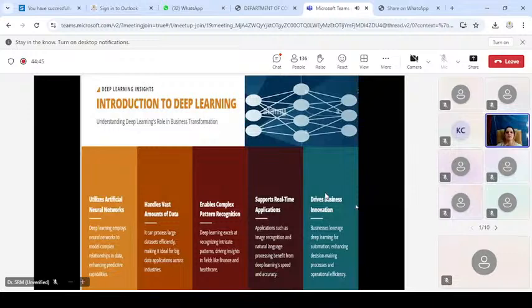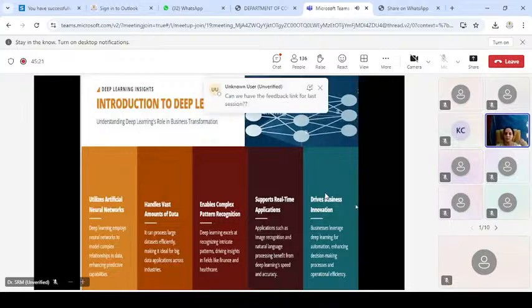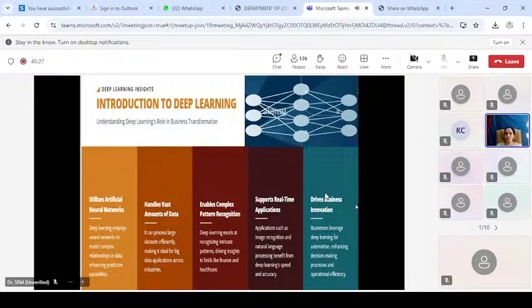Introduction to deep learning. First, let us speak a little about CI, computational intelligence. In simple words, it refers to the systems that can learn, adapt, as well as make decisions especially based on data. Often it will be emulating or imitating human intelligence. It includes techniques like neural networks, fuzzy logic, even evolutionary algorithms, and it enables systems to handle uncertainty. It approximates reasoning as well as optimization problems that traditional AI struggles with.